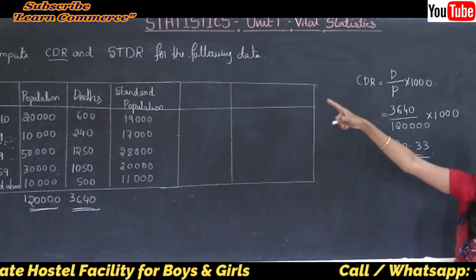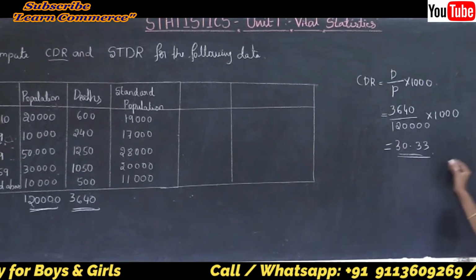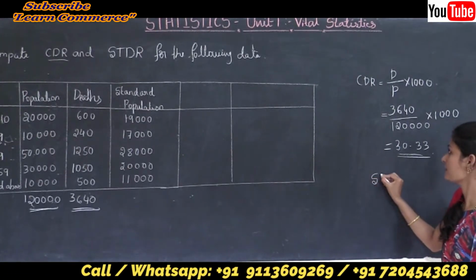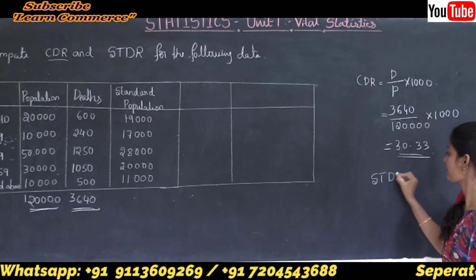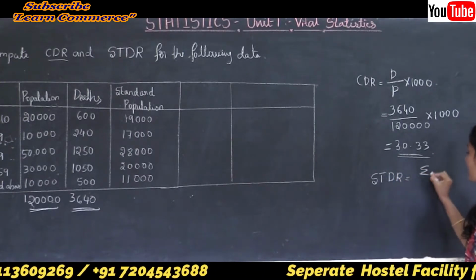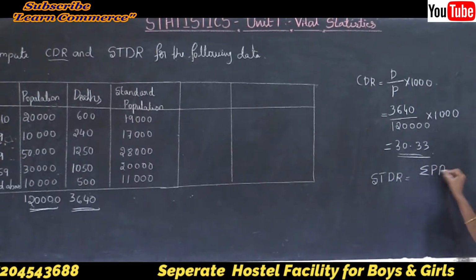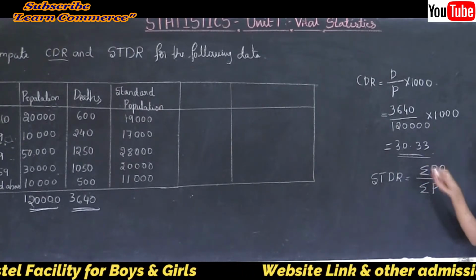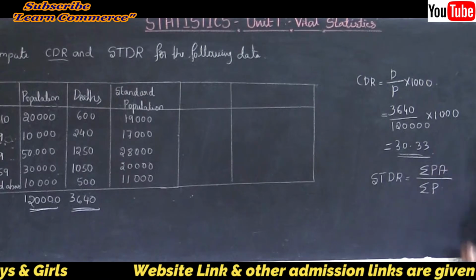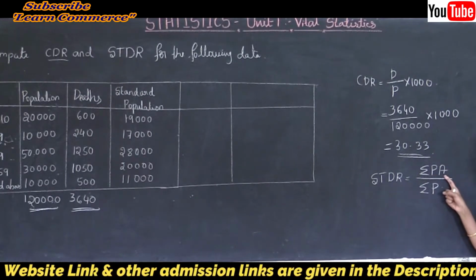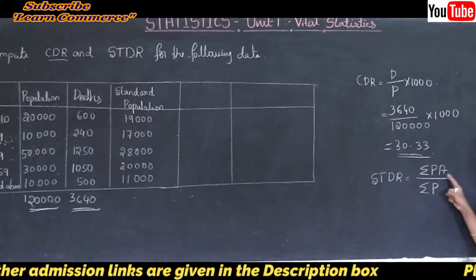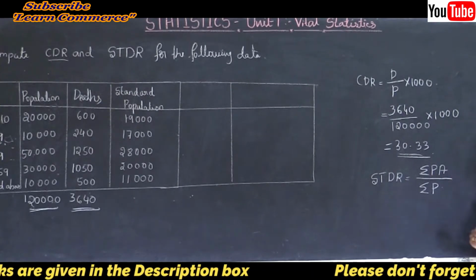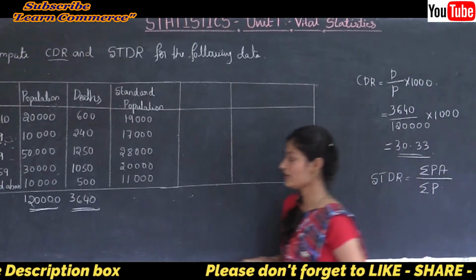Next we need to calculate STDR. To calculate STDR, the formula is sum of PA divided by sum of P. Here P is nothing but the standard population, and A is the age specific death rate. To calculate the age specific death rate we use the formula,